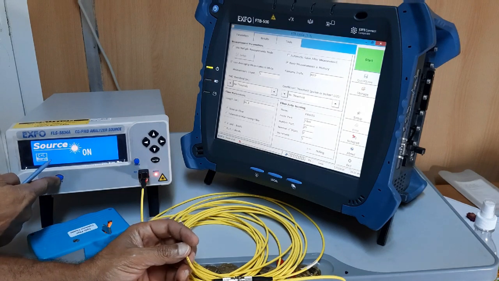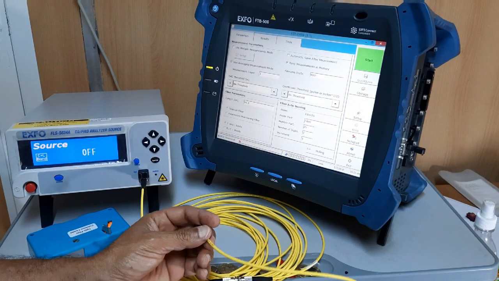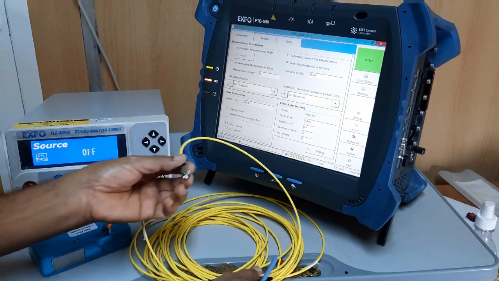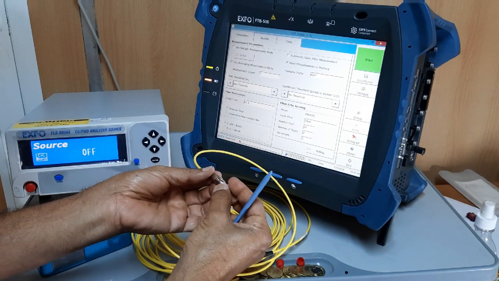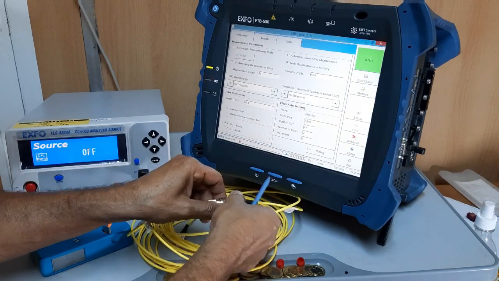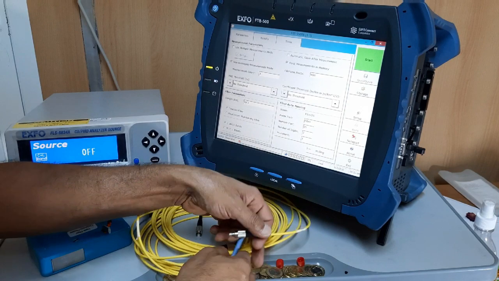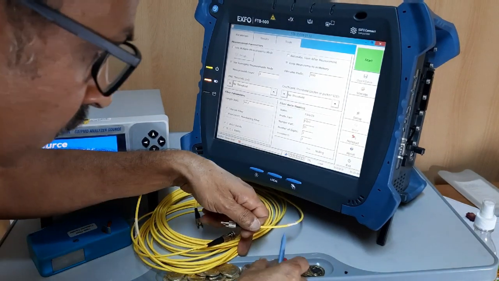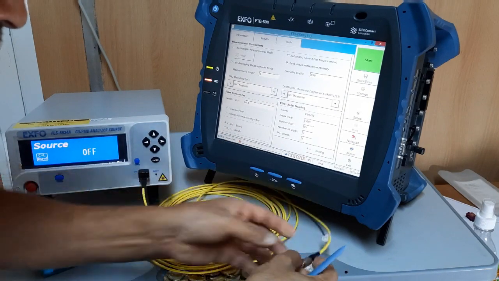First we have to switch off the laser for safety purposes. Then we have to close the caps. Then remove this patch cord one by one, and the protective cap should be there. Use the protective cap.